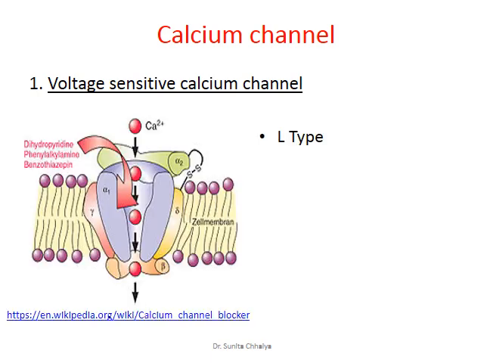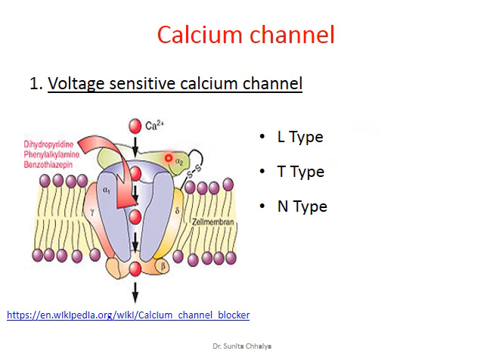One is the L type of calcium channel, which is long lasting, or a slow channel, present in cardiac and vascular smooth muscle. Second is the T type of calcium channel, which is transient or fast channel, present in neurons and endocrine cells. Third one is the N type neuronal channel, found in neurons, and it is involved in neurotransmitter release. Out of all these channels, the L type of channel is the most common type.